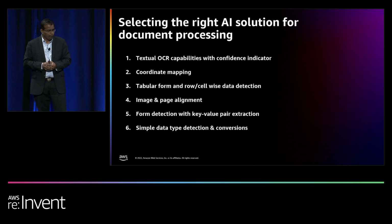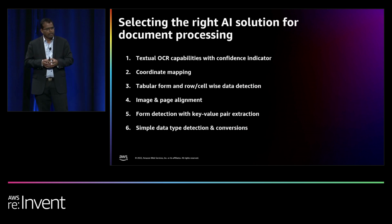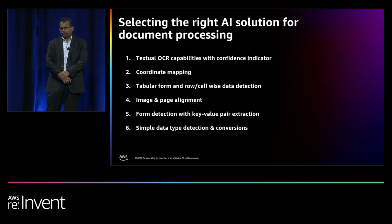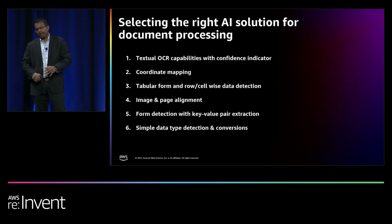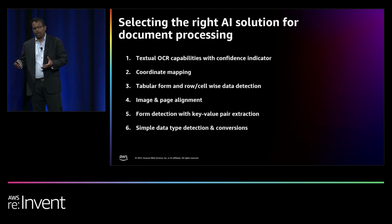The third and fourth are probably the most unique that came through our experience. This is about reading tables and extracting content out of tables. More importantly, there will be different kinds of tables across the different kinds of documents. The key thing you will realize is there are borderless tables. There are tables that span across different pages, where the heading is on page 1, but the rest of the content is on page 2. How do you make sense out of it? Those are definitely